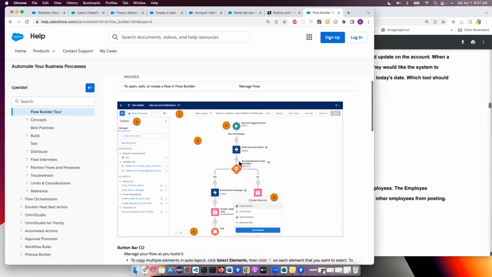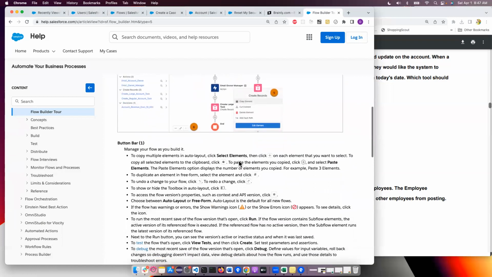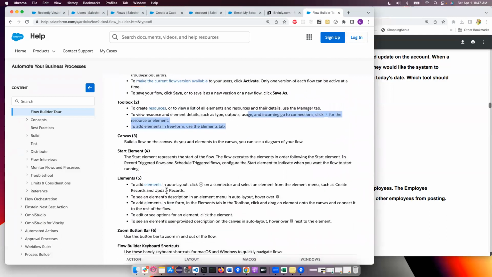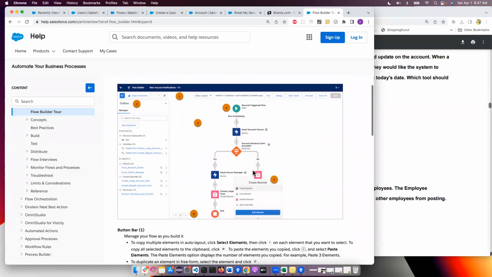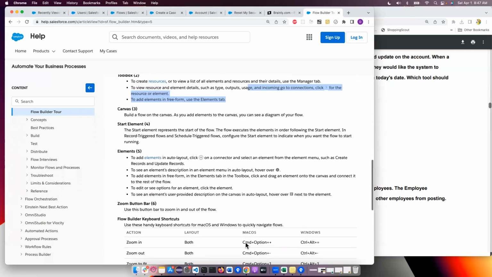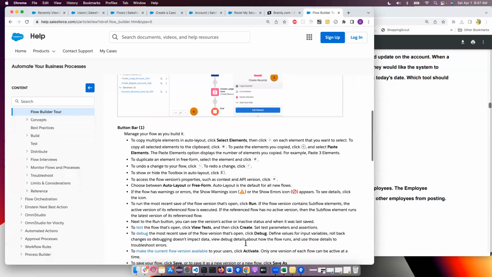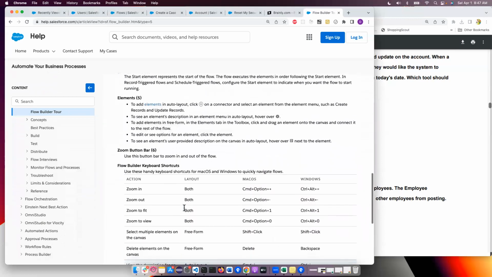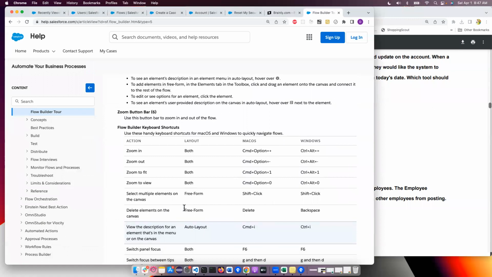If you want to do a record-triggered flow, screen flow, or platform event-triggered flows. Number five is here. It creates a record. Number six is the zoom button bar. So it's a zoom button bar if you want to zoom in or zoom out. And Flow Builder key shortcuts. So zoom in, command option plus, zoom out, command option minus. This is a great